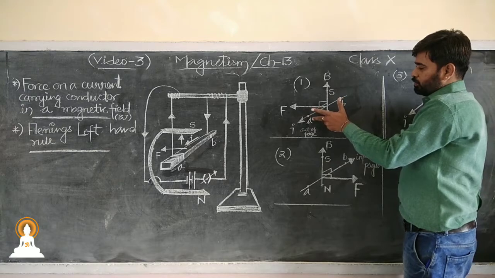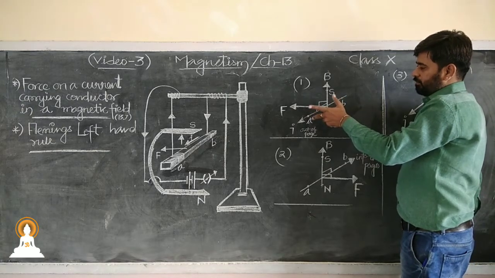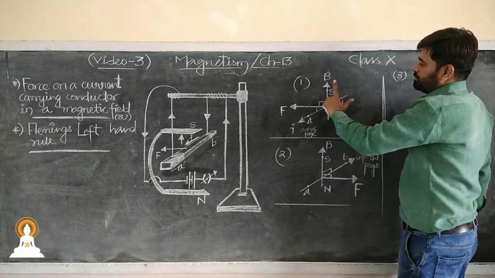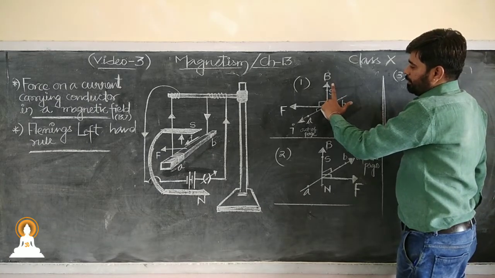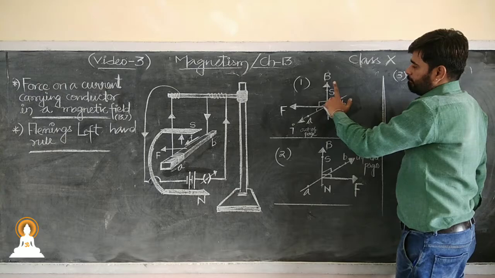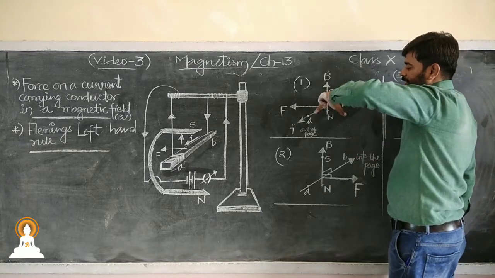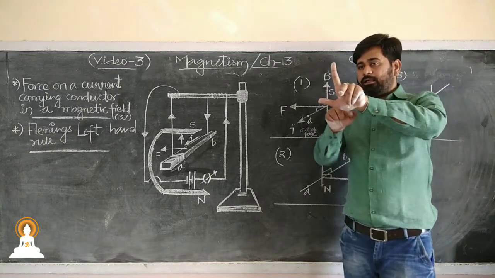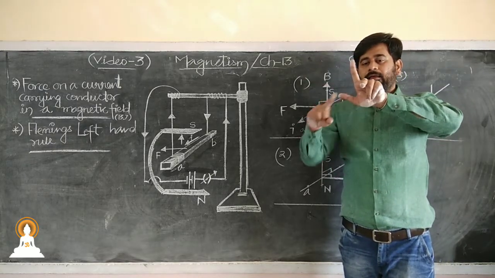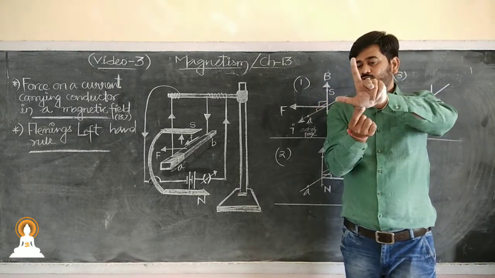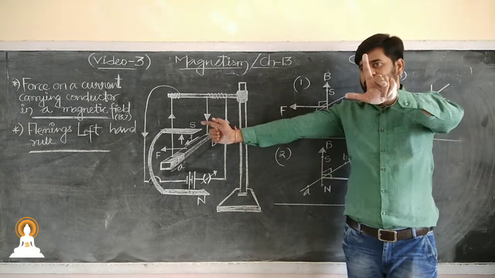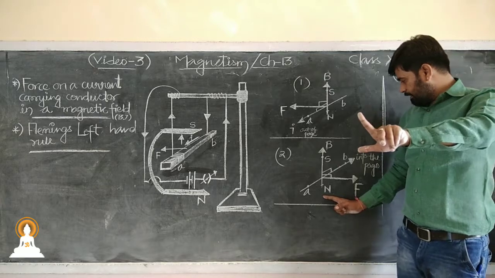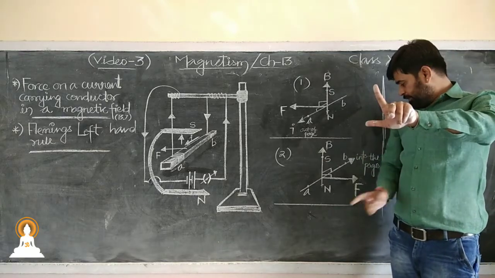If I set them in such a way that F, B and I are along them: this is F, this is B, and this is I. So we see that with B and I, the force is like this. Force is towards left. Now if I apply the similar one here, this time B is up, but